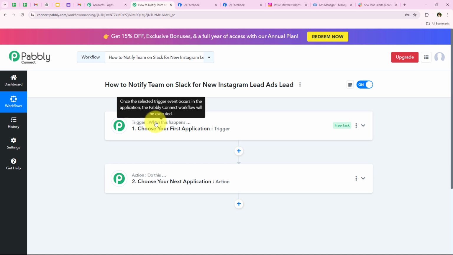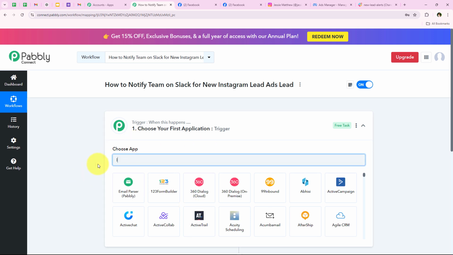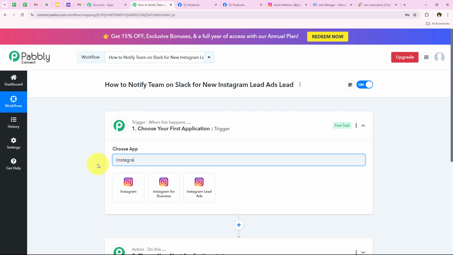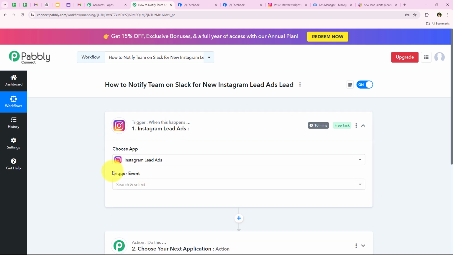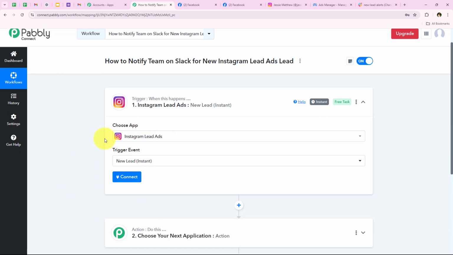And to start with our automation, we have to select our trigger application, and now for my trigger application I'm going to select Instagram lead ads because I want that as soon as a new lead is received from my Instagram lead ads, automatically my workflow should be triggered. So I'm going to search for Instagram lead ads and then we are going to select it, and now for the trigger event we are going to select new lead instant,